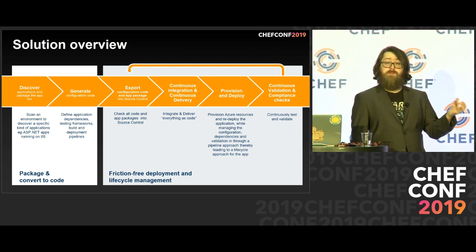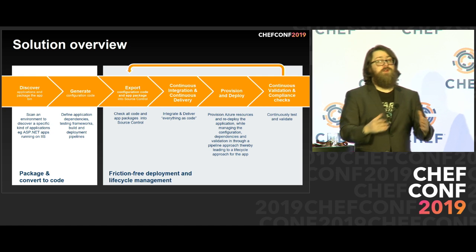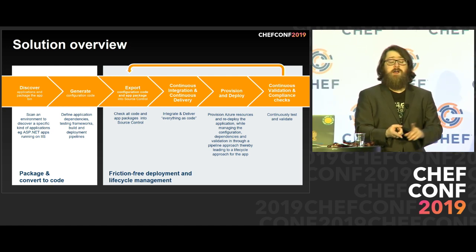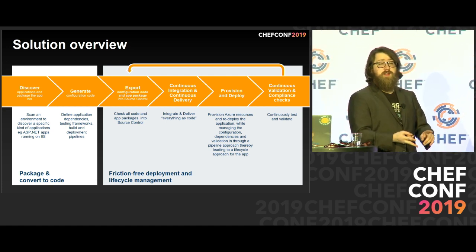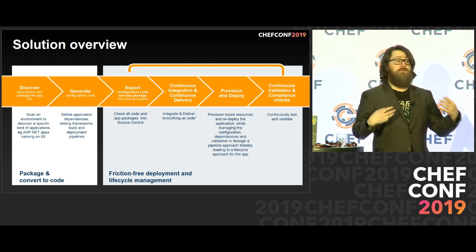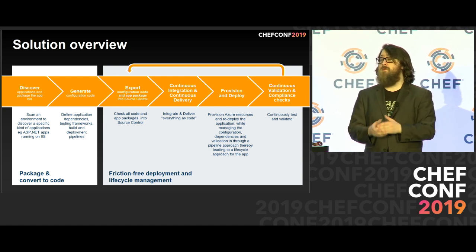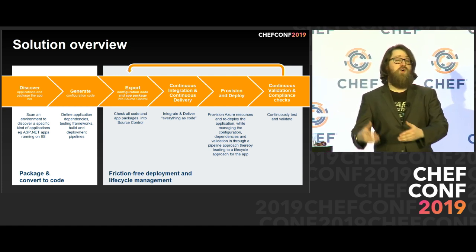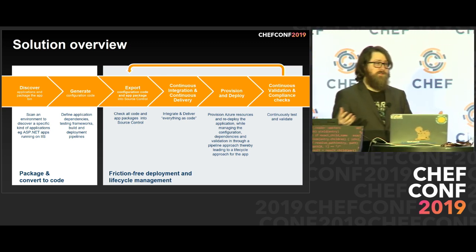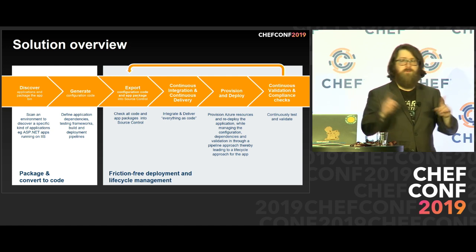Once we have that content package, we need those enterprise automation stacks in the second phase here so that we can recreate those applications in their new home. So we generate a Chef Habitat plan, and we generate a Chef InSpec file, and we generate an Azure Pipelines file so that you can deploy and validate those applications straight up into Azure DevOps, to be sure that your application works and can be built again into this future new home in the cloud or wherever you need to put it. So once we have those artifacts, we can automatically put them into a repository, a private repository, mind you,